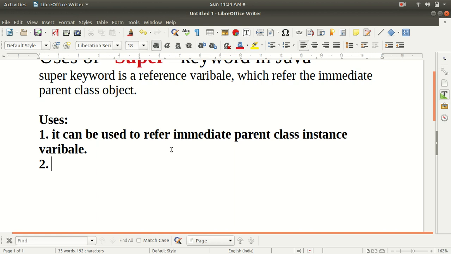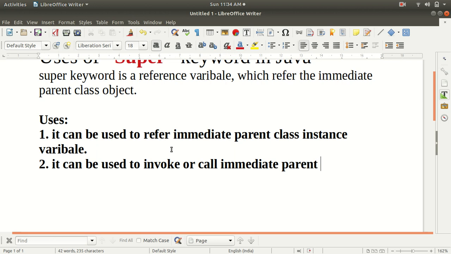The second use of the super keyword is that it can be used to invoke or call the immediate parent class method, right?